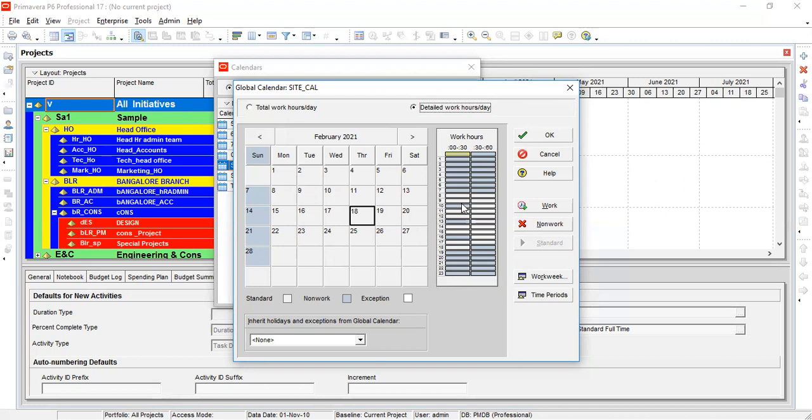10.5 hours. And then here holiday, here March 12th, select work, select non-work. But can we give why that is a non-work? Can we put the reason, like some vacation? No, sir. It is not possible in this software. You can't put the reason for why it is a holiday.